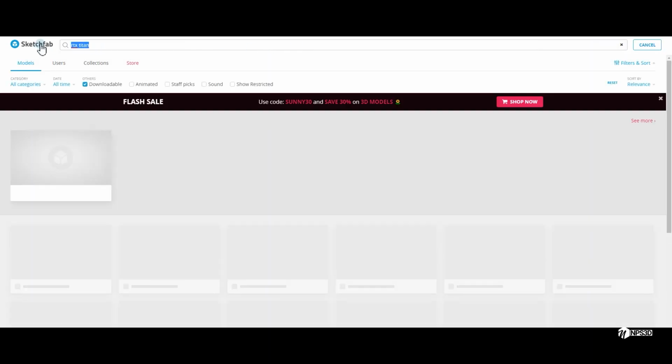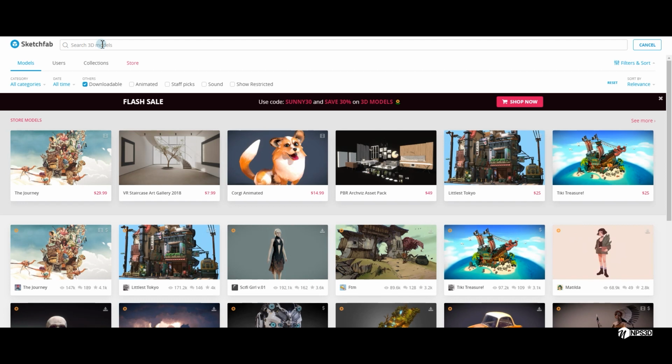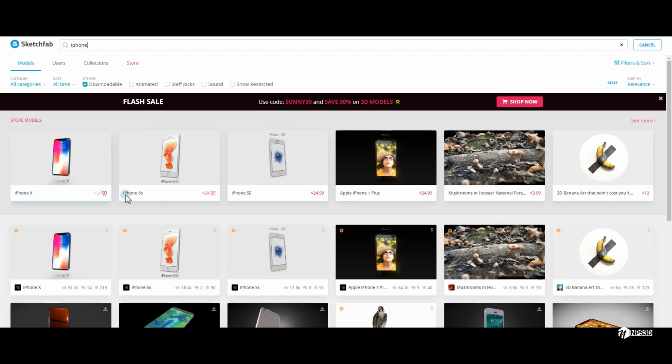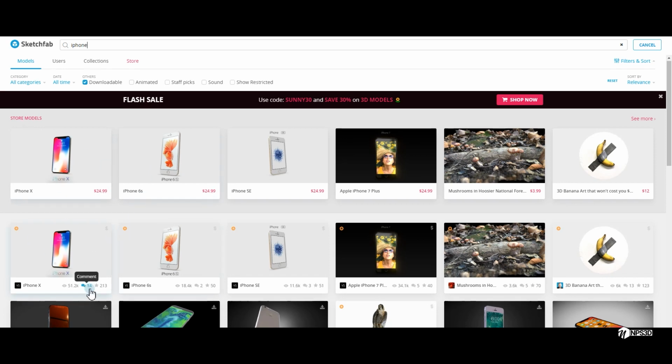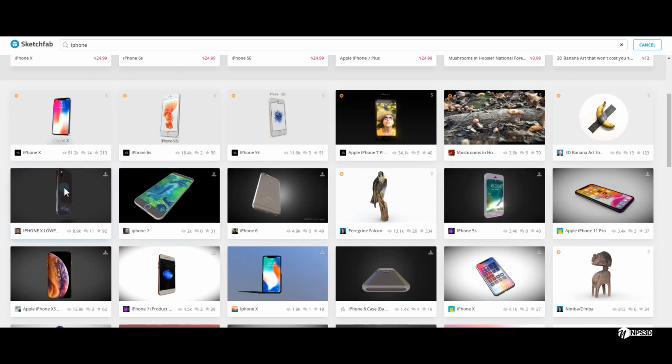First you need footage, you need models. For 3D models, I use Sketchfab, which is completely free. I use this website a lot, and this is not a sponsored video. Anyway, you can type here iPhone. You need an iPhone, so you can just download the iPhone and make sure you enable downloadable, so it will show you the free objects which are available to download.